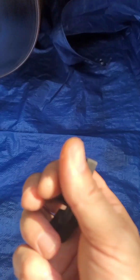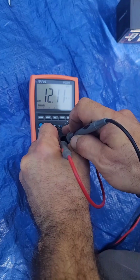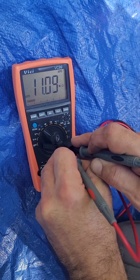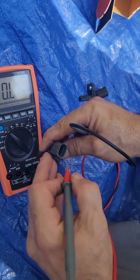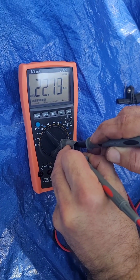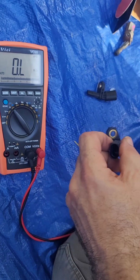You see here it is attracting a little bit of metal shape. Okay, so we are trying to understand what's the value I should measure on this sensor. This is the one we just took off. It's 11 mega ohm. The one that we took out from the rear last time is 22 mega ohm, and a new one is